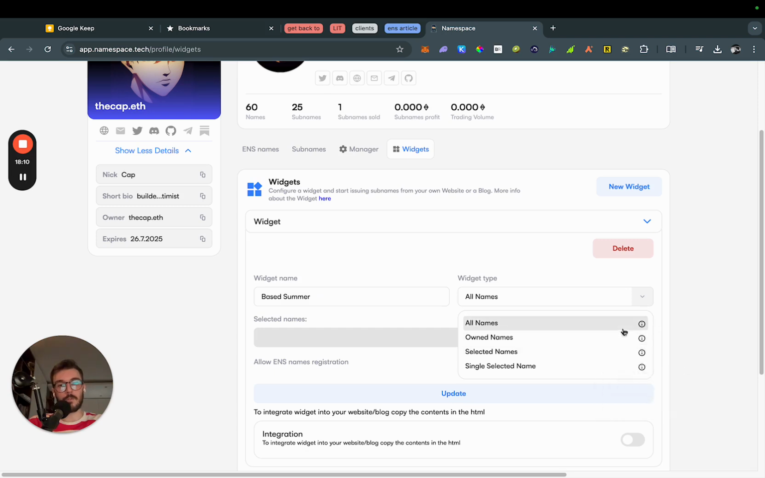So you have explanations for all of these 4 different widget types, but essentially all subnames means that when you embed the widget on your website and you select all subnames, this means that people who mint subnames using your widget on your website would have access to all of the subnames from all ENS names that have been previously listed on the Namespace platform. For owned names, this means that people will be able to mint subnames using your widget from all of the ENS names that you have listed on our platform,